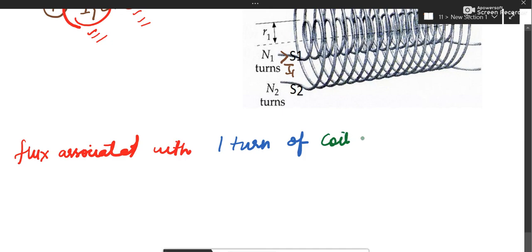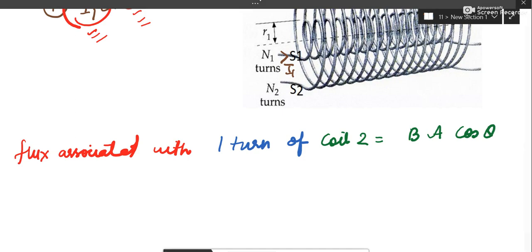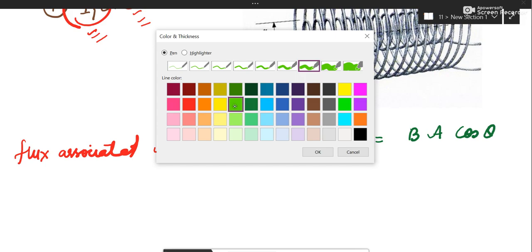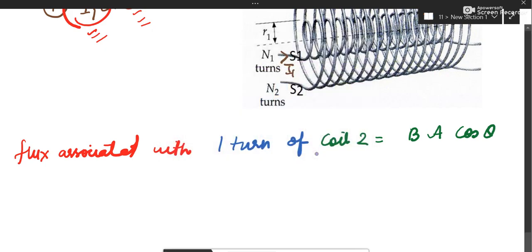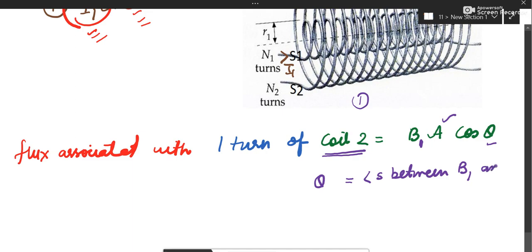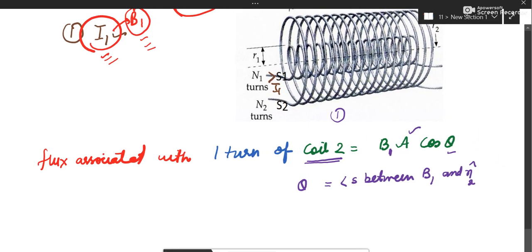Coil number 2. So what is the formula of flux? The number of magnetic field lines passing through a given area along the normal. So BA cos theta is the general formula. Now we'll be improvising it. See, it is flux through the second coil. Current is flowing through the first, so the magnetic field will be of the first, the area is common, and this is the angle between field and normal. The field will be of the first and the normal will be of the second. This has to be written very clearly.